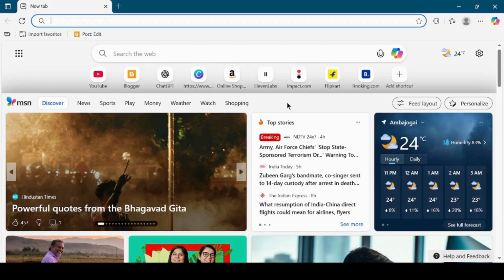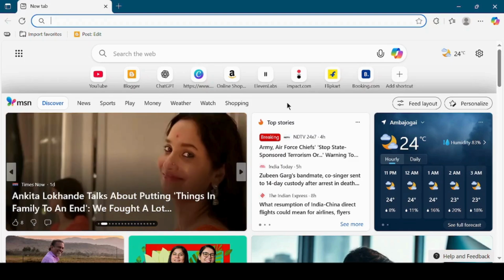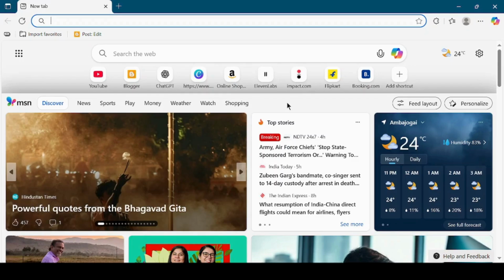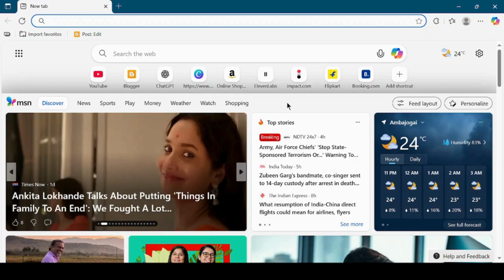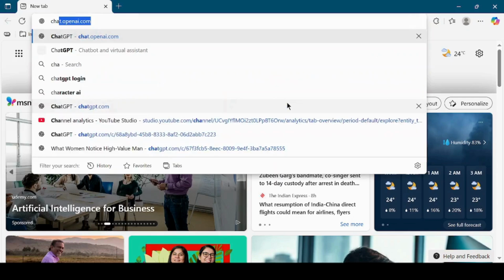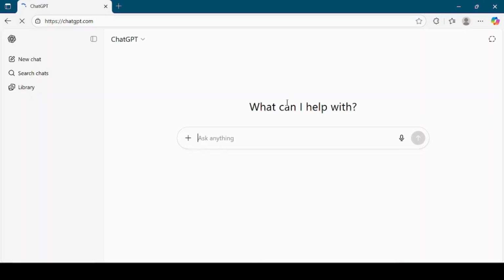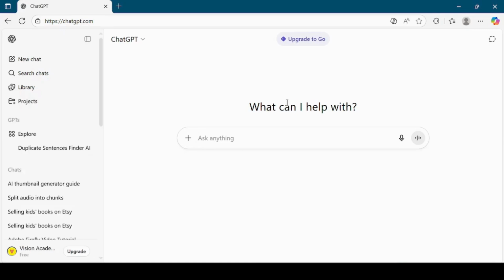Okay, let's get started. The first thing we'll do is open our web browser. Any browser will work. Chrome, Firefox, Edge, whatever you prefer. Once your browser is open, navigate to chatgpt. Simply type chatgpt into your search bar and click on the official link. If you haven't used ChatGPT before, you might need to quickly sign up or log in, but it's a very